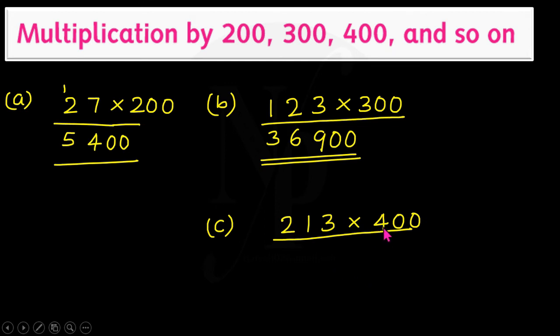Let's multiply now. 4 3s are 12. So I write a 2 here and 1 is carried forward. And 4 1s are 4. 4 plus 1 is 5. I write 5 here. And 4 2s are 8. I write 8 here. We get 852. We need to write these two zeros to the right of this answer. Now, the product of 213 and 400 is